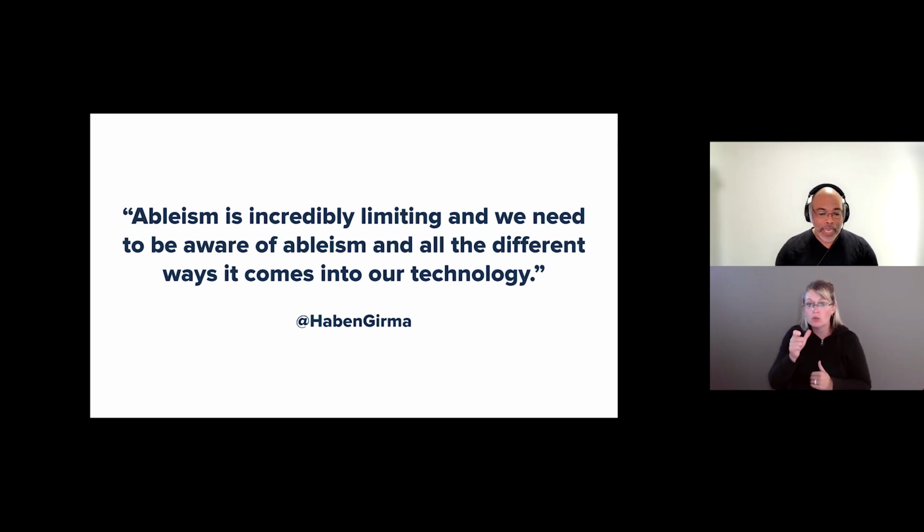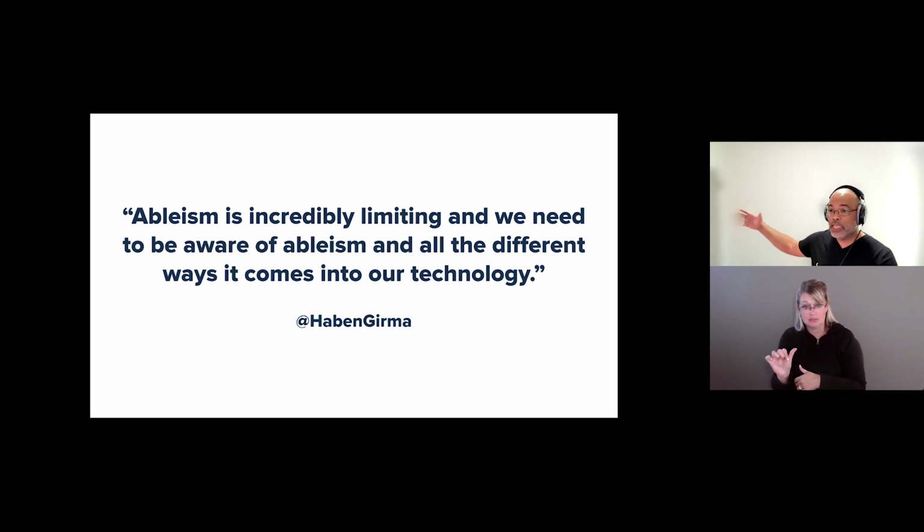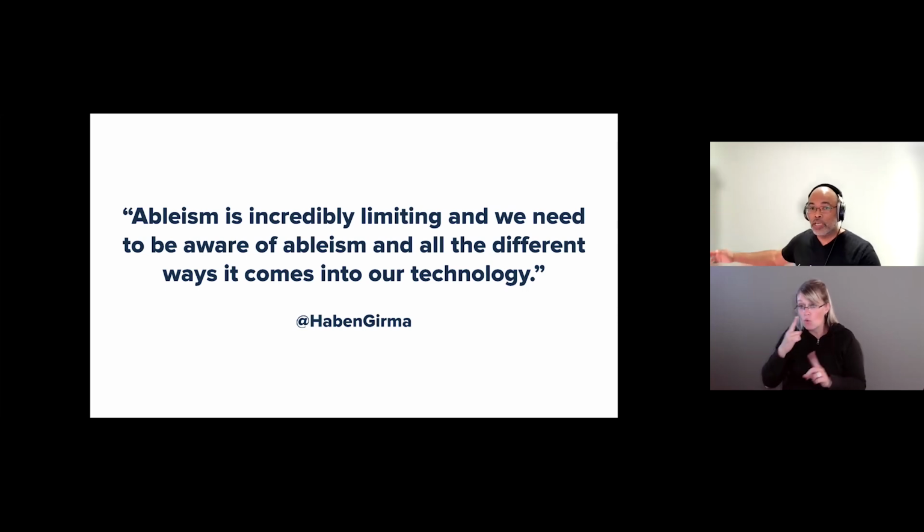And while I am saying all of this, it may seem like it's only limited to the users of our application, but all of this can also be applied to the developer experience, the way we work in our offices, the way we work with our teammates. Because yes, many of us have teammates with disabilities. And just because we're building an application that works for everyone else, we should also make sure that the environment and the tools that we are using also work for those who work with us.